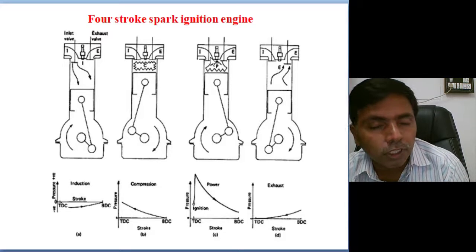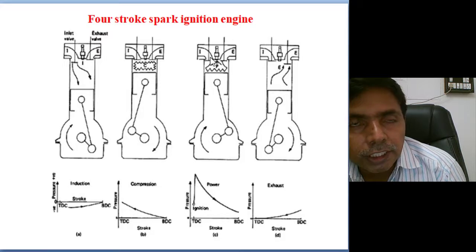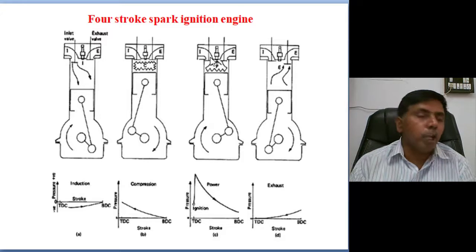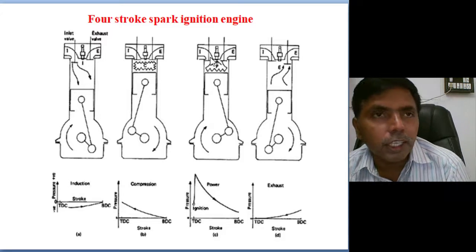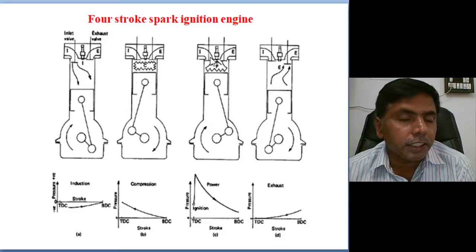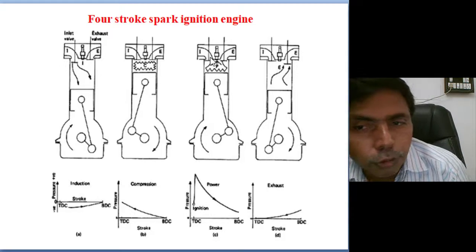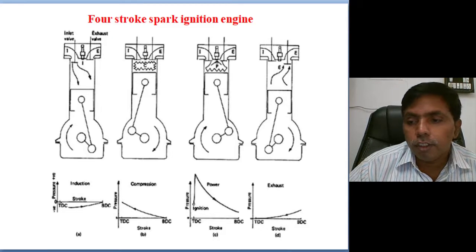Next, the fourth one, for removal of all the exhaust gas from the cylinder. Why? Because we want to take in a fresh charge. The exhaust valve will open because of the high pressure inside the cylinder. Then, relative to ambient, the majority of the exhaust gas automatically escapes from the cylinder. The remaining accumulated exhaust gas is thrown out by the piston moving from BDC to TDC. This is the PV diagram and TS diagram.